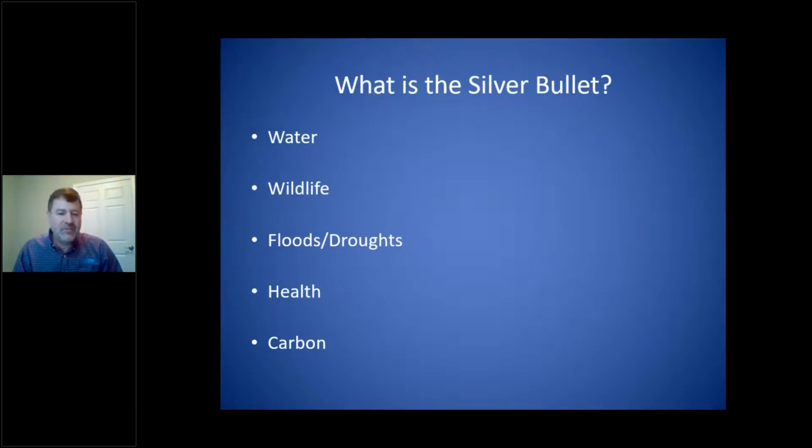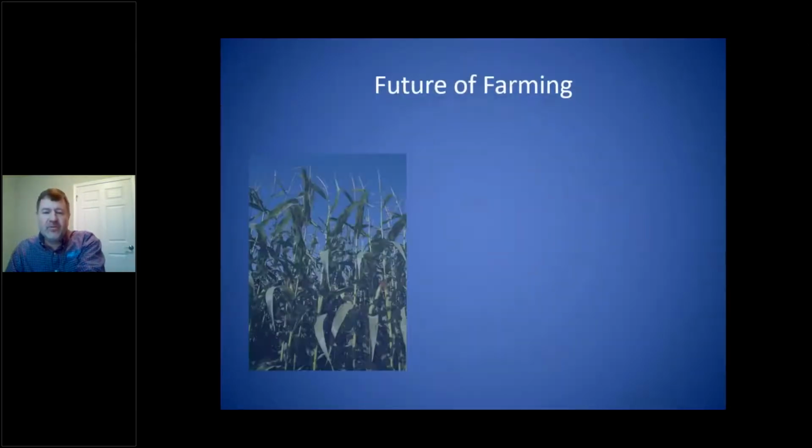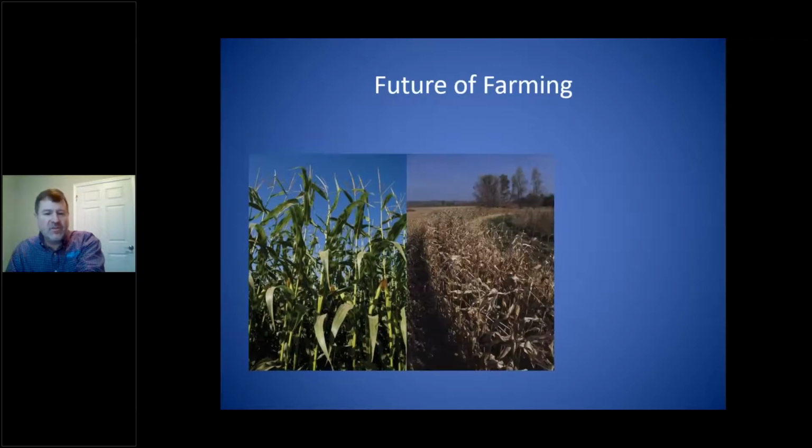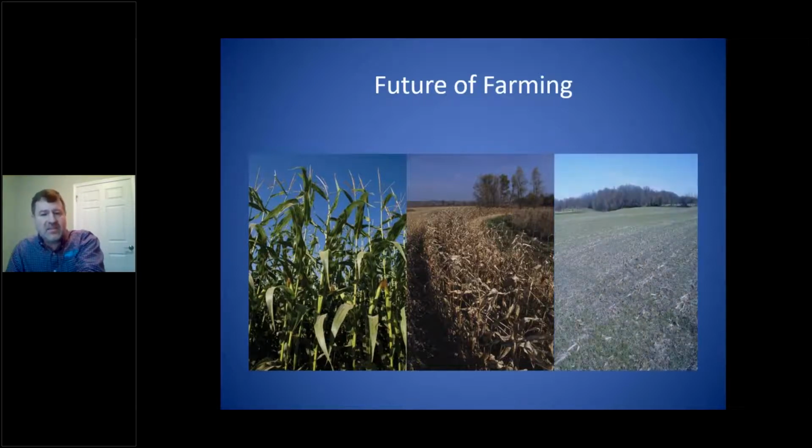If we change our way of farming, we help water quality. I think we really help with floods and droughts, help overall health. We've got carbon in the soil. It is actually what I would see as silver bullet. So I see the future of farming as just doing things different, things that are not hard. But if I could convince every single producer that what happens on his field or what comes off his field does affect every one of us one way or the other, whether it's down in the Gulf, whether it's somebody's drinking water, it does affect everybody in a different way.